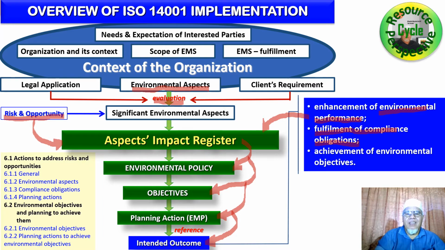There are obligations, two-way obligations, from your company to them and from them to you. Two-way obligations, and all these obligations need to be complied with. Okay, and of course, the intended outcome is the objective itself. It has got to be reflected. Okay, so that's the idea of the environmental management system ISO 14001, and we are there in the so-called environmental aspects,